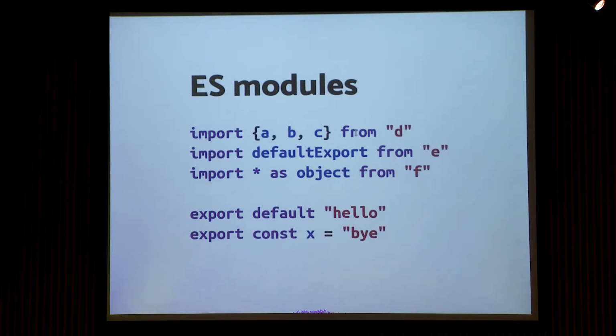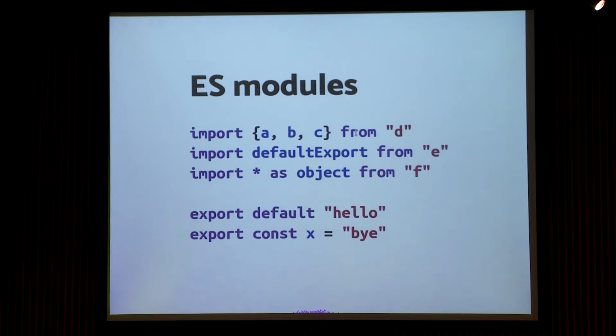Now you can just say export let x equals something, and it's available both locally and globally. Another big difference is that these bindings are actual bindings. You're not exporting something once and then you're done. If you later change the value of one of these bindings, all the modules that imported it see the changed value